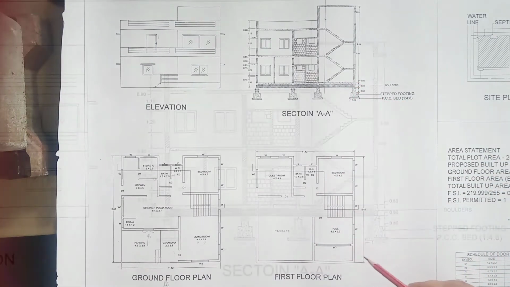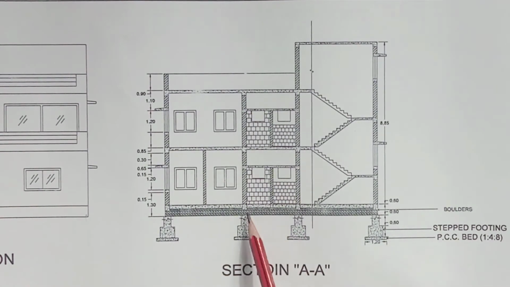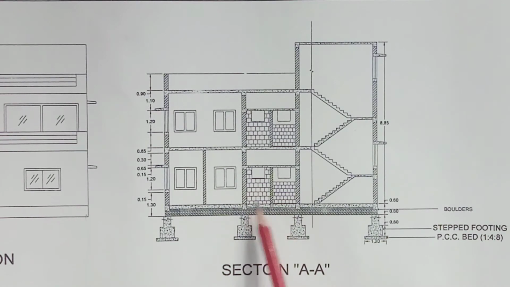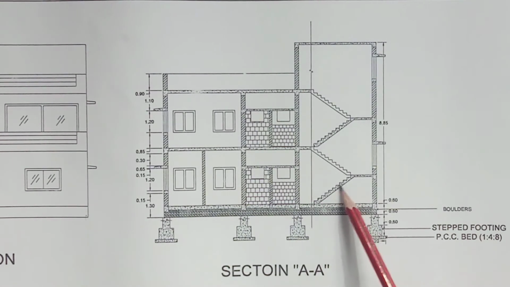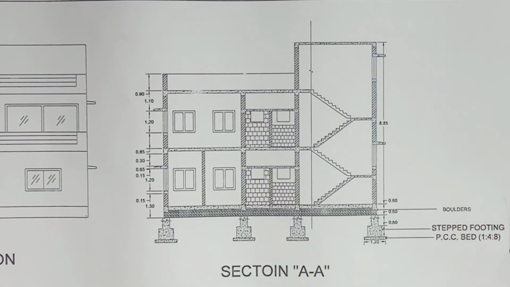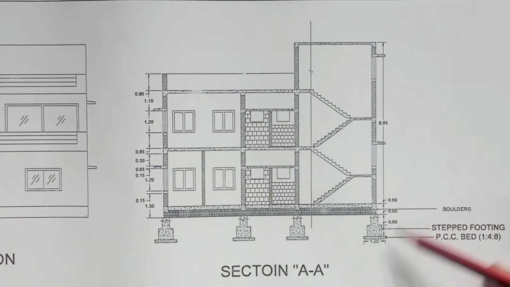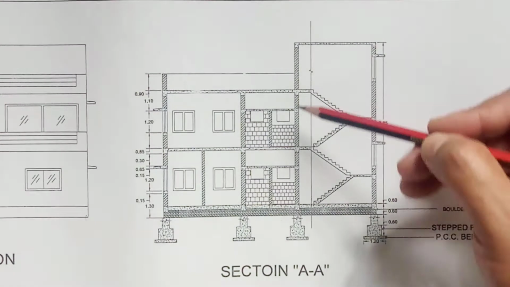Now come to the section. The section is a view with reference to the section line, as already described. This section provides you all those details which we cannot show on the plan. For example, the sunk in the WC or bath, the details of staircase, maybe what is the dimension of riser, what is the dimension of tread, and so on. How the plinth filling is being followed with different layers, what will be the foundation depth, what is the wall thickness, what is the sill level, what is the lintel level, what is the slab thickness.